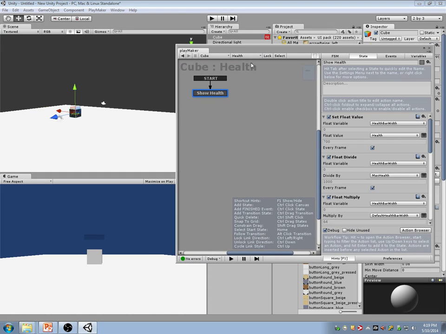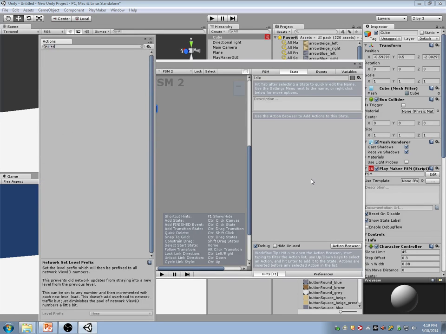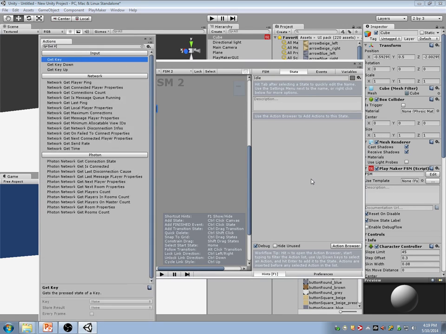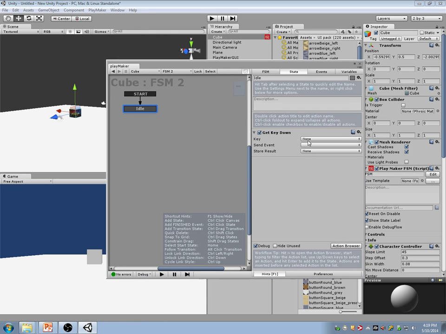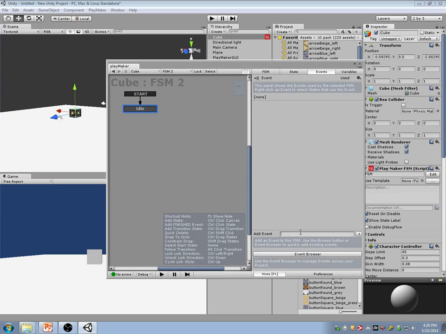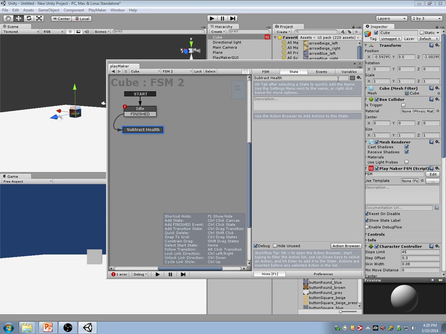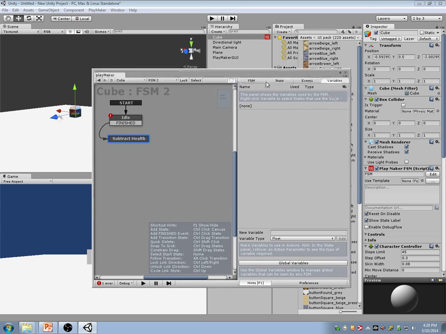So I can do something now where I can add another script to this guy, where it's like idle. And maybe when I press get key down, space, I'm going to subtract health. Subtract health, go in here, subtract health. And what I can do is I can take my variable,